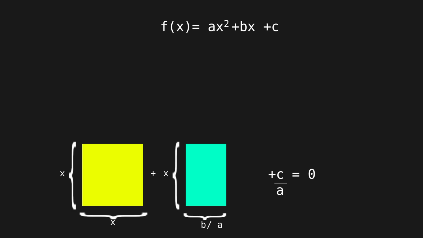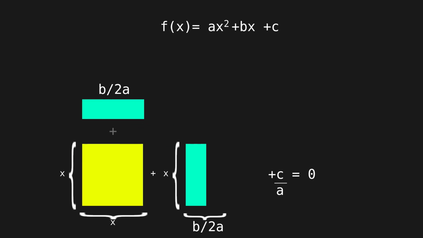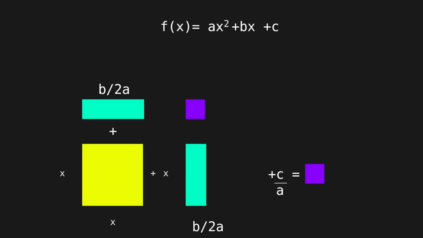Now, bx and c are scaled to bx over a and c over a. Halve the size of bx over a, then reposition it. It indicates a missing square of length b over 2a. Add b over 2a and subtract b over 2a, and you get